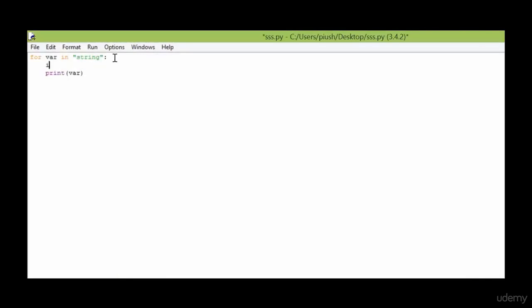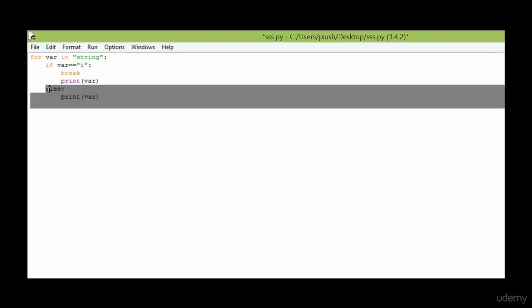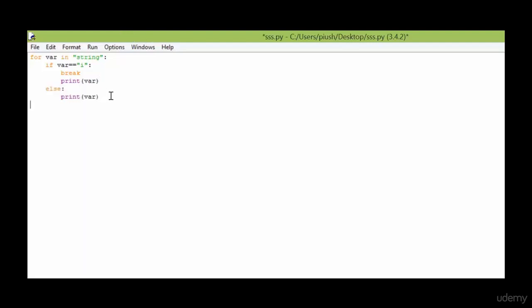For that I used an if condition. So here you can see this is an if condition for the break statement and this is an else condition. So now after the else condition I'll put a second statement, which is hello. It will simply print hello.